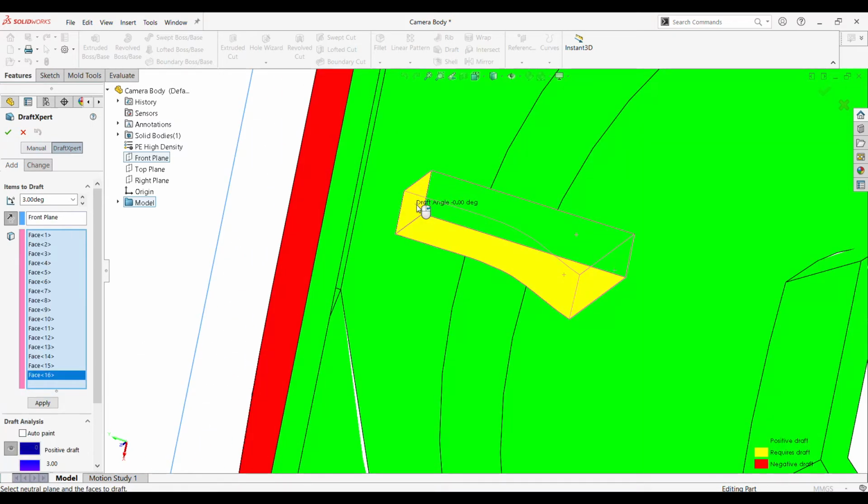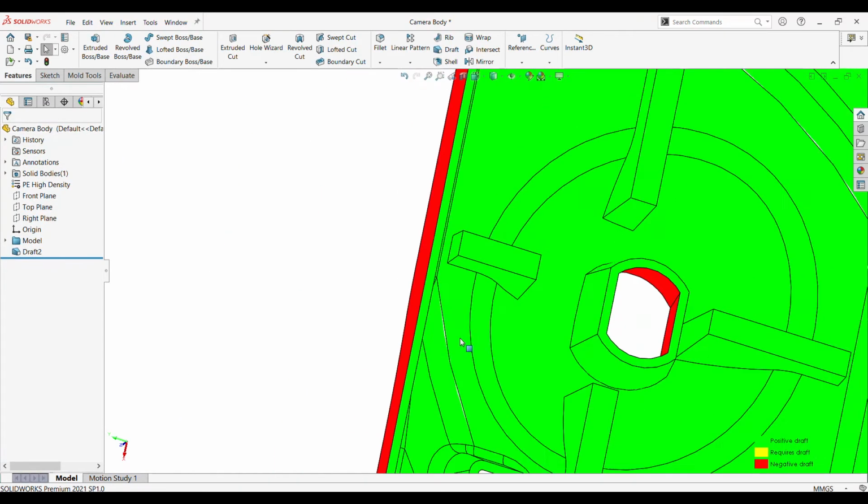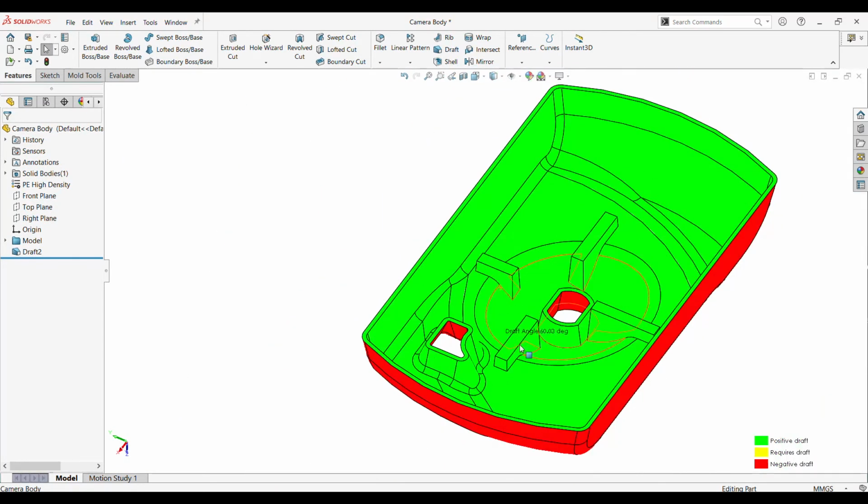And now click OK. Now all faces have become green color. That means all the faces have a sufficient draft.